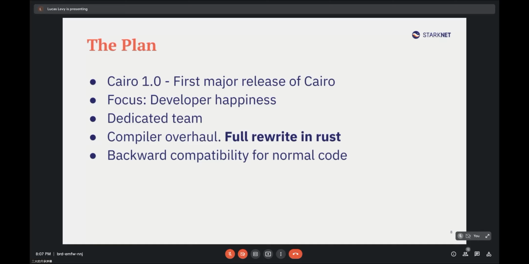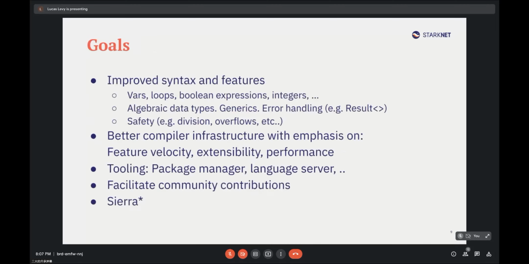So you don't have to wait for Cairo 1 to start learning Cairo. And in a sense, you'll have an advantage to relearn now. As it's lower level, you'll understand how things work, and it's always good to know how everything works. So the goal of Cairo 1 is to improve the syntax and to add some features.